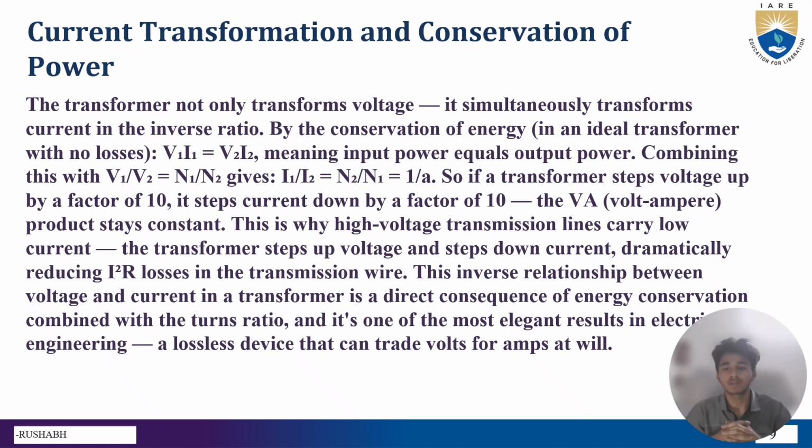So if a transformer steps voltage up by a factor of 10, it steps current down by a factor of 10. The VA, volt-ampere product, stays constant. This is why a high voltage transmission line carries a low current. A transformer steps up voltage and steps down current, dramatically reducing I square R losses in the transmission wire. This inverse relationship between voltage and current in a transformer is a direct consequence of energy conservation combined with the turns ratio, and it's one of the most elegant results in electrical engineering, a lossless device that can trade volts